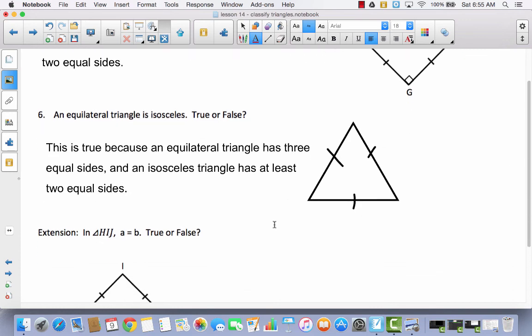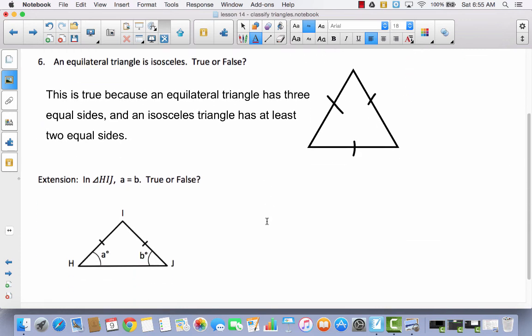This is an extension, so I want to see if you really understand. Triangle HIJ, A equals B. True or false? So if this side is equal to this side, are these angles equal? So let's think about that for a minute. If these 2 sides are equal, then this would be our line of symmetry. If that's our line of symmetry, then this angle is going to match up to that angle. So do those 2 angles equal each other? The answer to that is yes. It is true